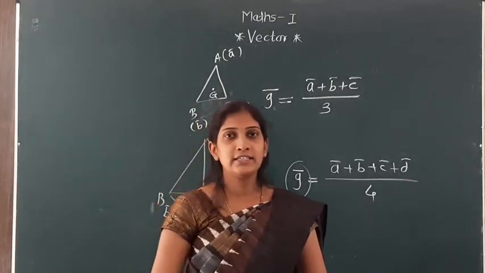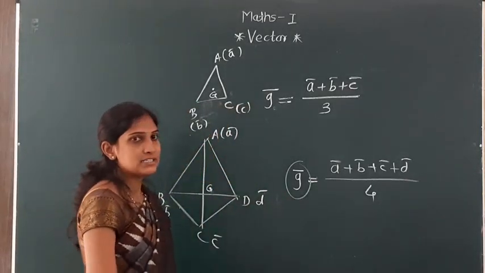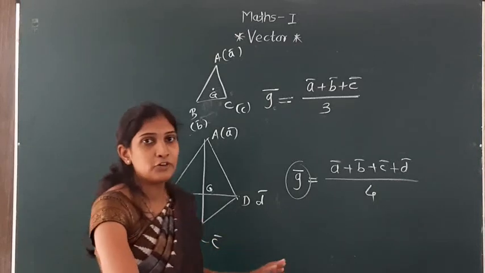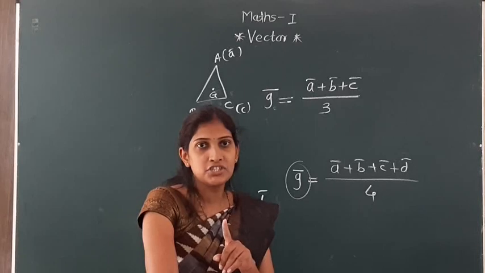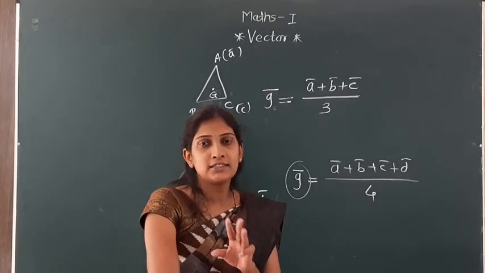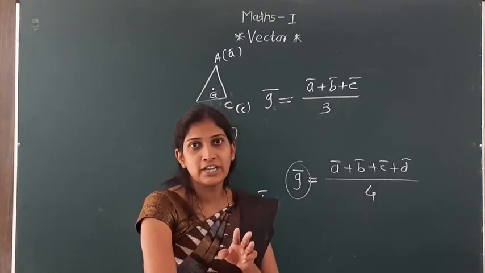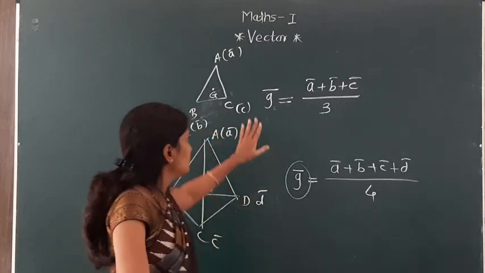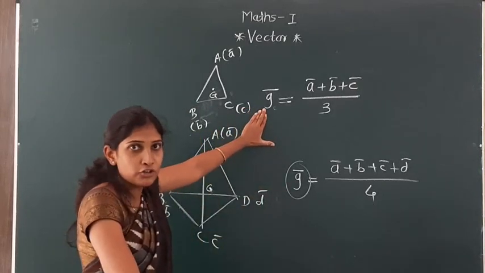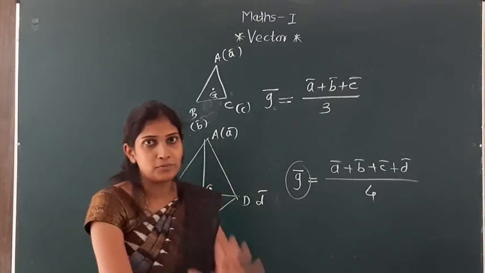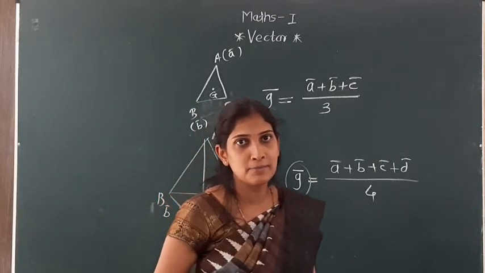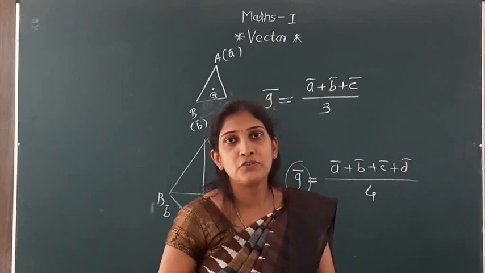So we learn here 5 formulas. First is the section formula for internal division, second is the midpoint formula, third is the section formula for external division, then the centroid formula for a triangle, and the centroid formula for a tetrahedron. There are 5 formulae. Now some examples on this point. So first example,